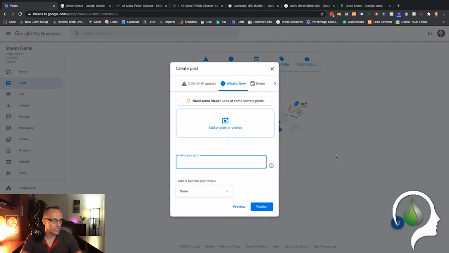But what I do want to show you is the photos or videos, right? You can add photos or videos directly to your Google My Business post. The videos have to be under 100 megabytes. They can't be any bigger than that, right? And so if they're bigger than that, just run them through an encoder or a software that makes the file size smaller, makes the resolution just a little bit less than what it is. I find that if you run the resolution at 540p or 720p, those are good, but you might have to make the video shorter in length